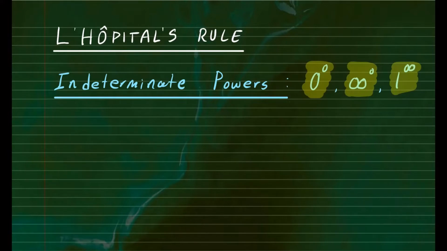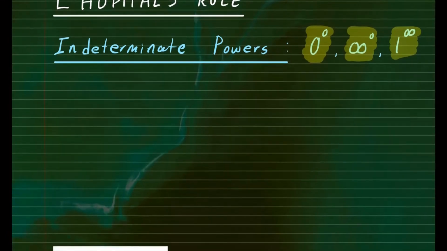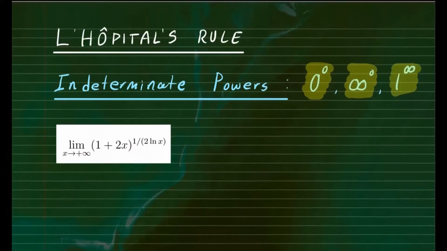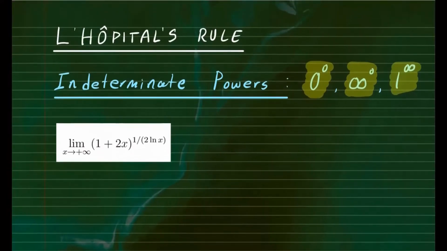So these are the three indeterminate powers we have. If you encounter any of these, you would have to use L'Hopital's rule. So let me illustrate how that method works. Here's the example we're going to be working on. Say you want to find this limit: the limit as x approaches positive infinity of the function (1 plus 2x) to the power 1 over 2 ln of